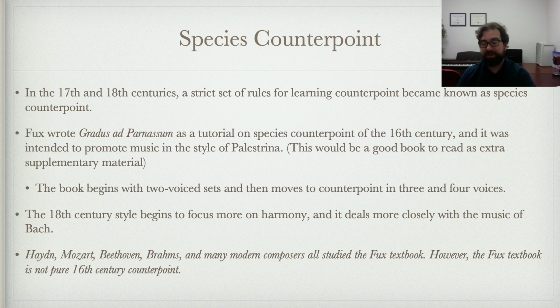Because he did live in the 17th century and there were sort of inclinations toward 18th century harmony, he doesn't write a pure treatise on 16th century counterpoint. It mixes the styles just a little bit. So there are some things that are not pure 16th century style, but I am less concerned with this, because